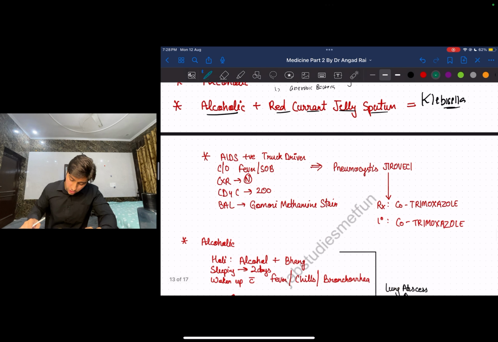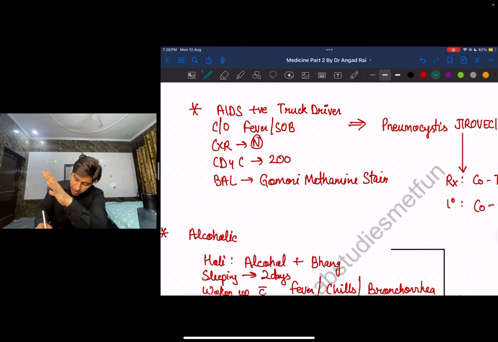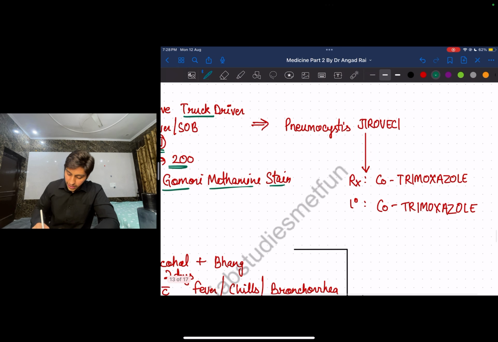Next guys, let us talk about a history. There is an AIDS patient. Already we talked about it, but let's go into a bit more detail. An AIDS patient with a history of being a truck driver. He came with complaints of fever and difficulty in breathing. When you did the X-ray, it was normal. When you checked the CD4 count, it was low, around 200. On the stain, you did a methenamine silver stain,